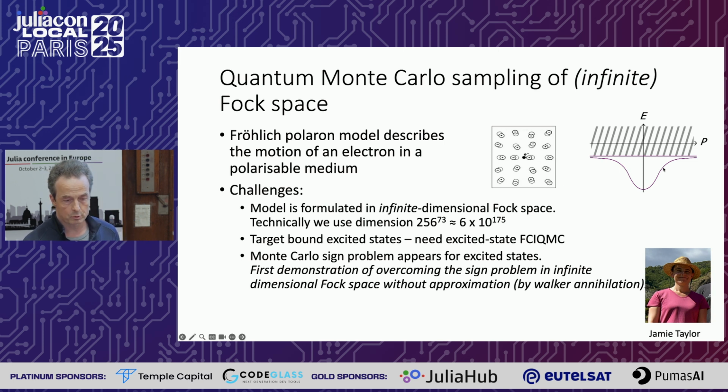It describes the motion of an electron, a slow-moving electron in a polarizable medium, modeled by a bath of phonons. So the electron dispersion is then modified, and so it looks like that. It gets an effective mass. There's a continuum of phonon excitations in here, and